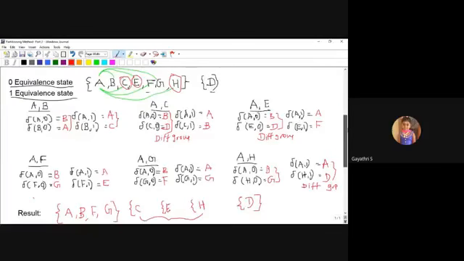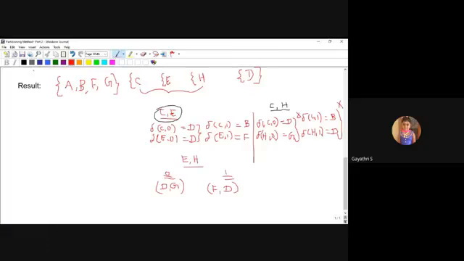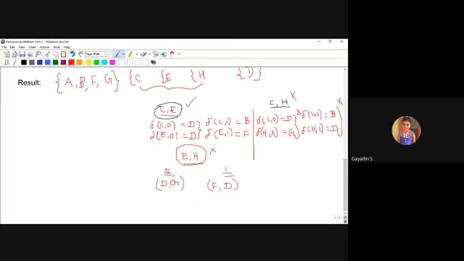So I can't merge these two states into a single one. CE is possible, but the others are not possible. So what is the actual result?